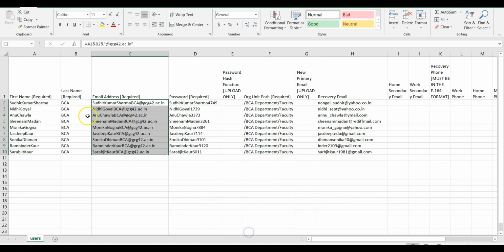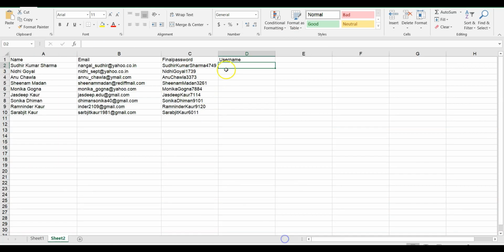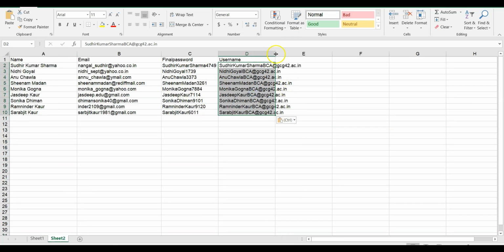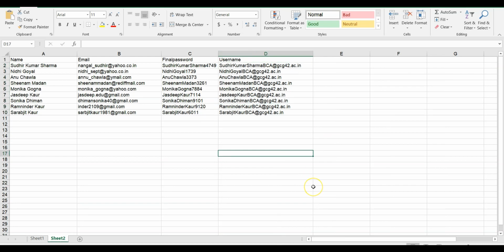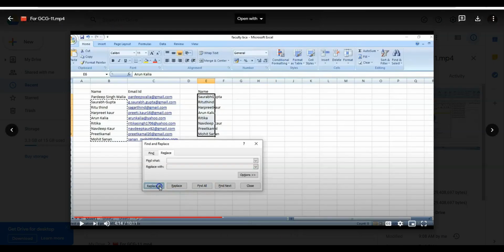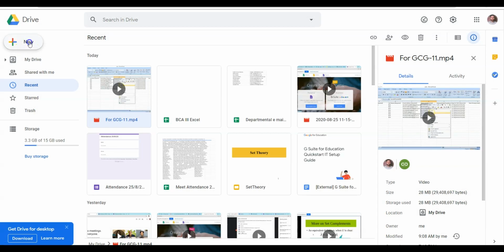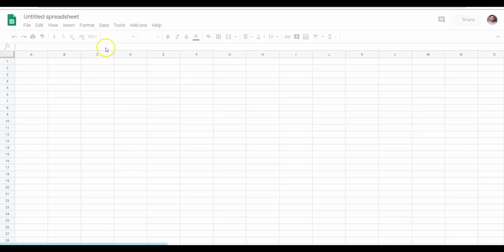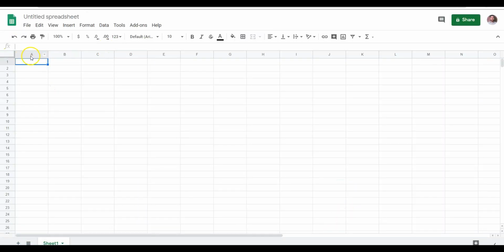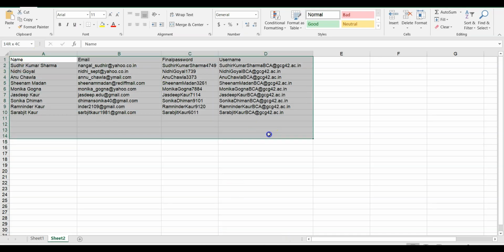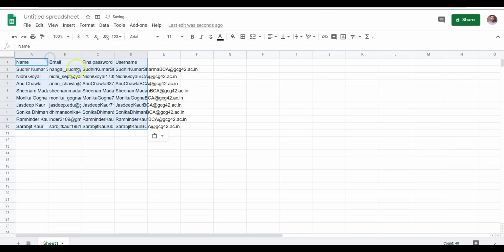Now in this case the emails which we have just created for them for the domain, we are giving the name of username, because there is another email also which is the real email. So this email we are giving the name of username. Now what we need to do is paste this entire prepared data into a Google Sheet in Google Drive. The data with the name, email, username and password.